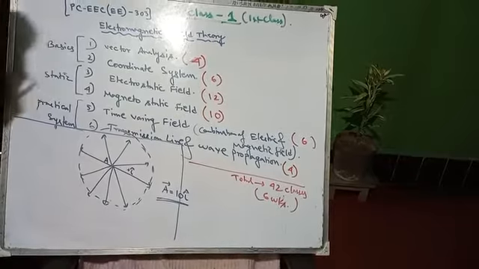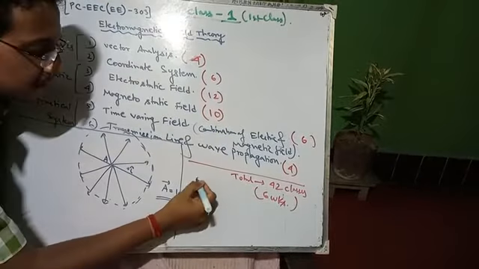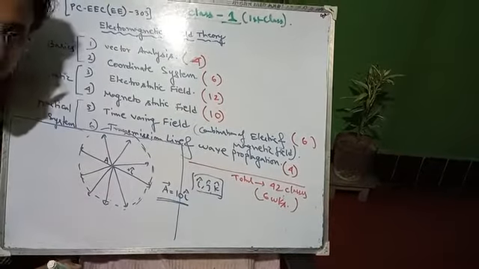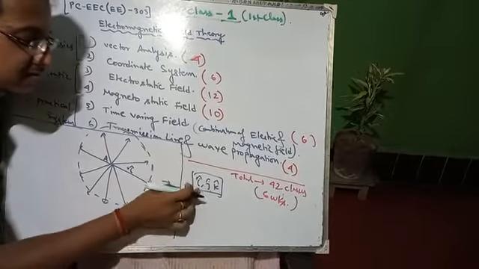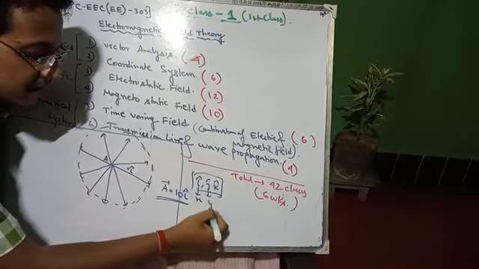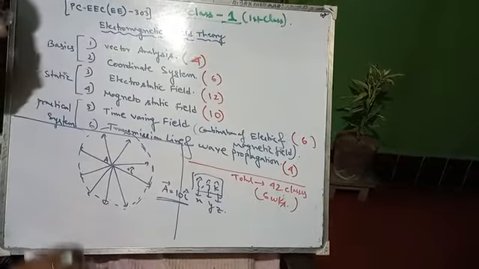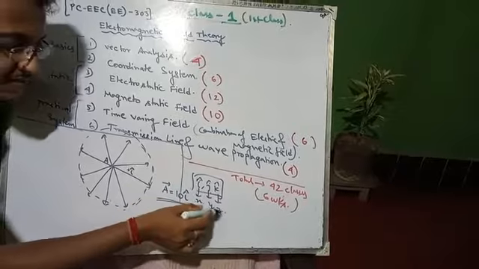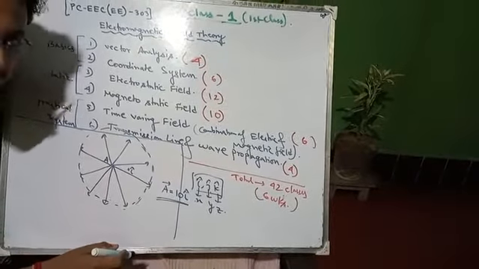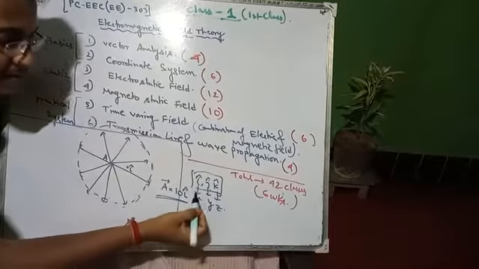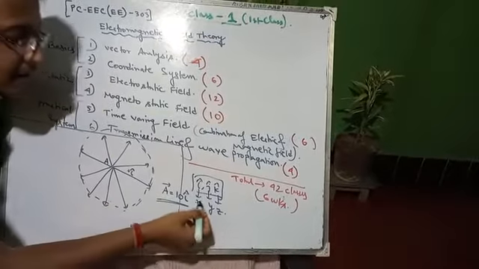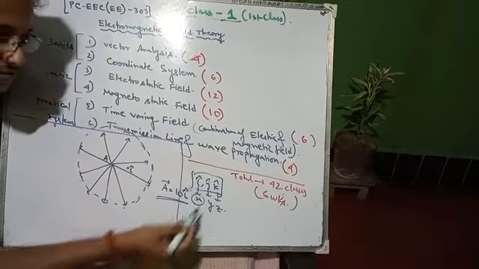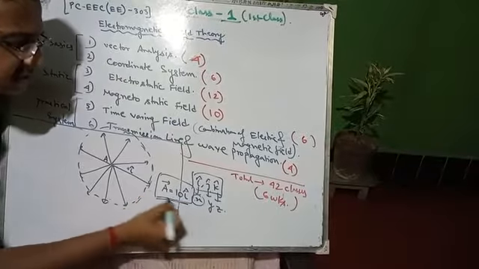From the basic concept, I think all of you are familiar with I cap, J cap, K cap, right? These are the unit vectors along the X axis, Y axis, and Z axis. Here we have to learn in 3D, so there are three axes, all perpendicular to each other. The unit vector along the X axis will be I, along the Y axis will be J, along the Z axis will be K. Okay, so this is an example.